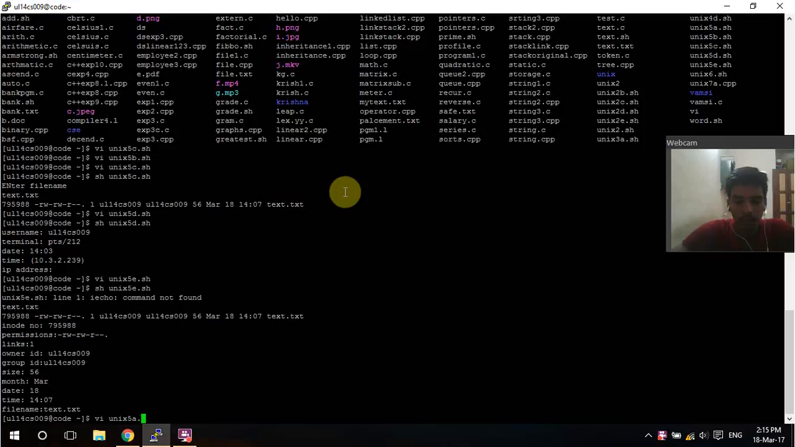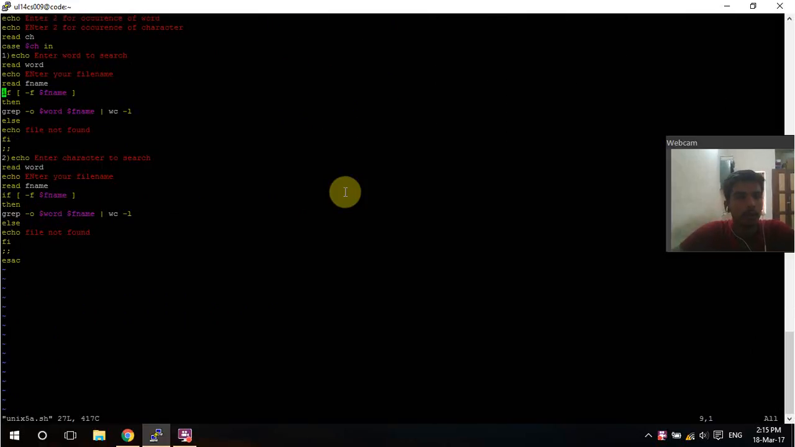Unix 5, for finding the occurrence of a word and the occurrence of a character. Here first we are giving the input and it will read the choice. Here we are using the case statement. If you press 1, it will search for a word. It will ask for the file name and it will read the file name. If file name